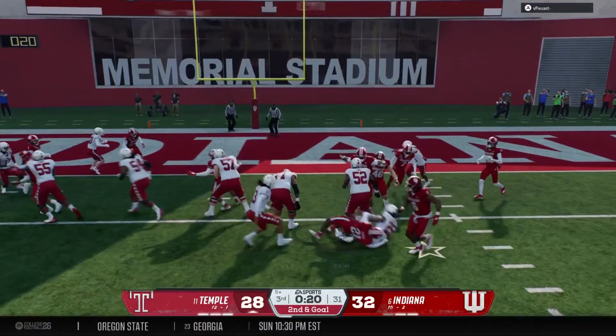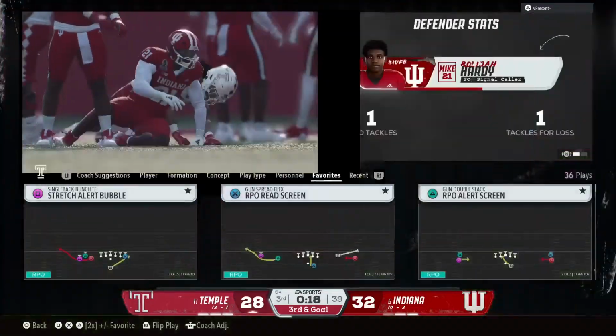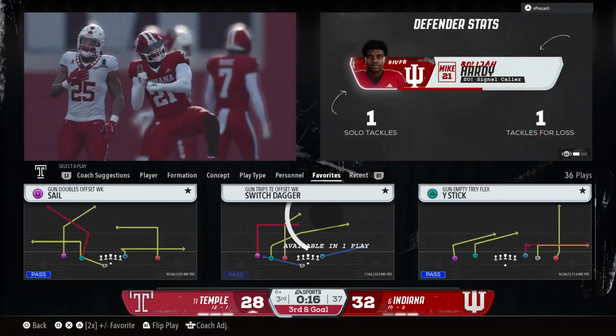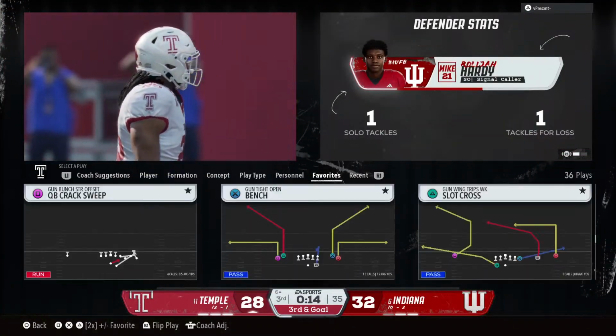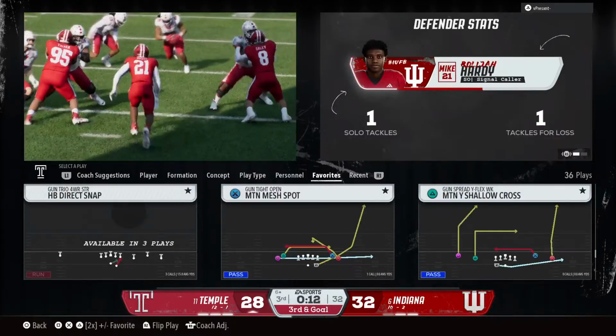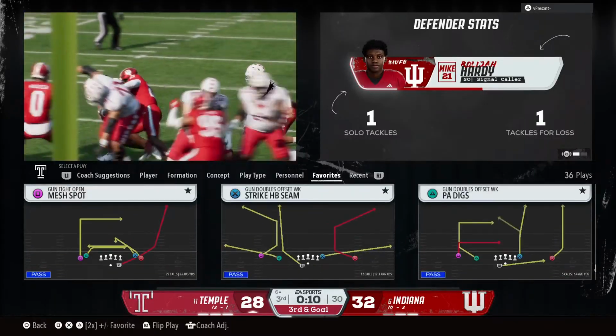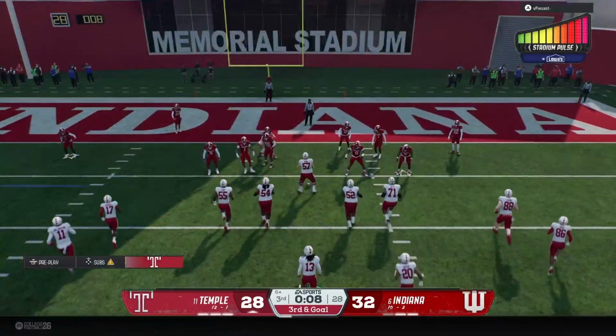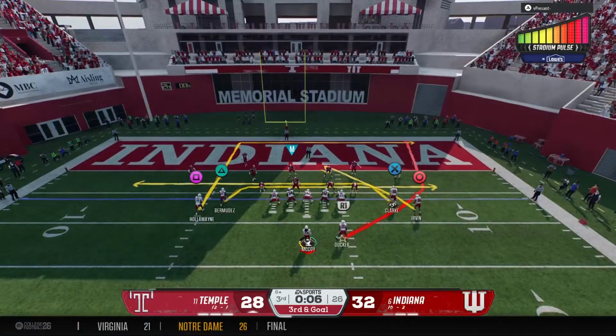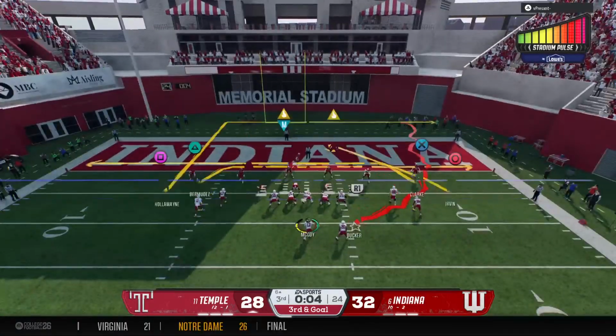Snap to the back. They try the middle, but gain nothing on that play. What a great play by the defense here. Getting close to the goal line, not only do they come up with a big stop, but they send them backwards in the process. And the crowd coming to life here, trying to help this defense down in the red zone.